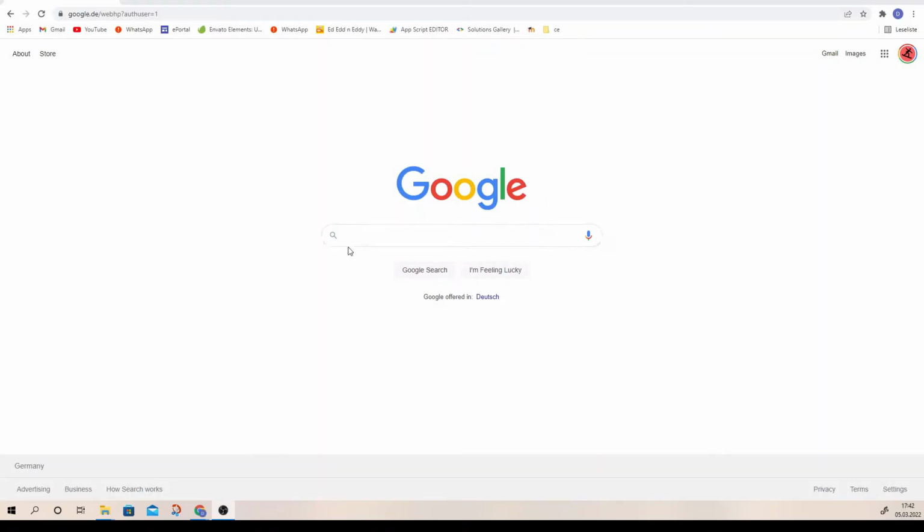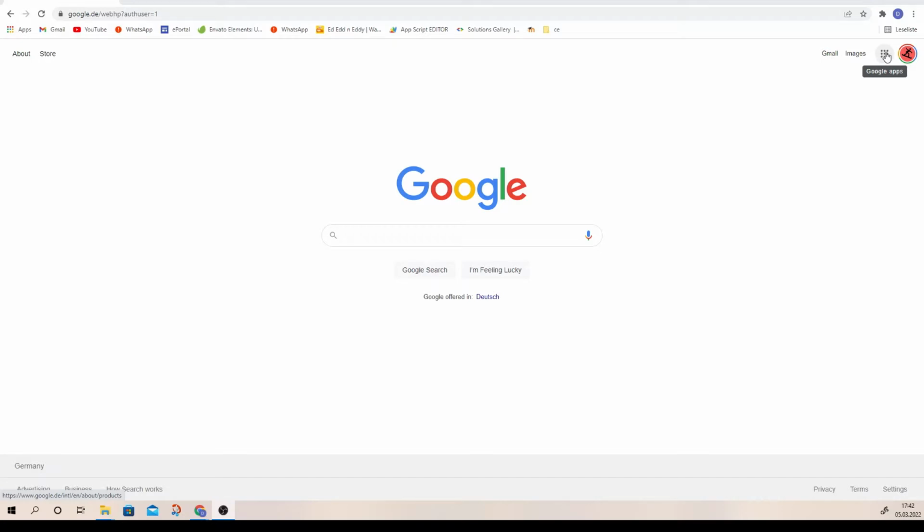Hello guys, today I would like to show you how to use the Google Finance portfolios. It's a tool that is integrated in Google, so all you need is a Google account. You just need to log in to the account, and there are these dots, the menus, and the